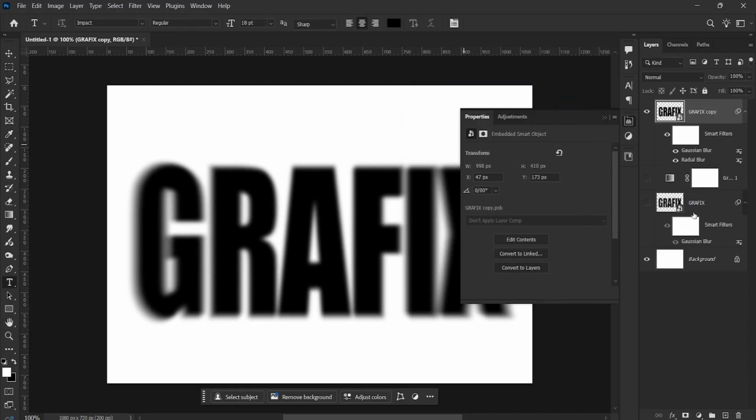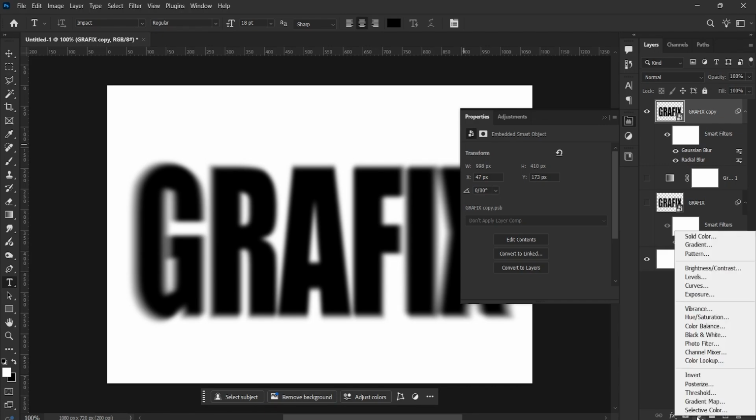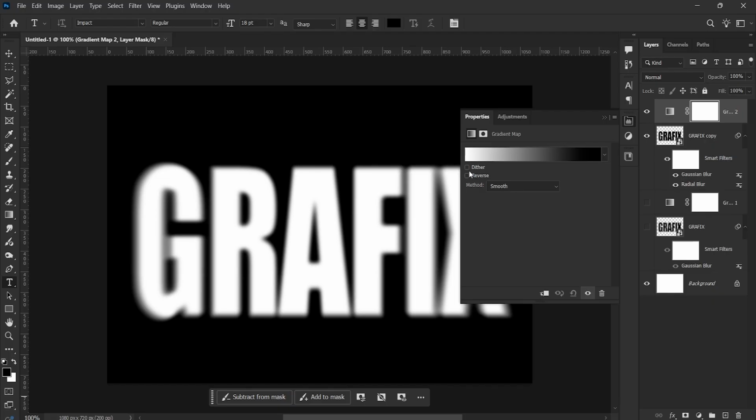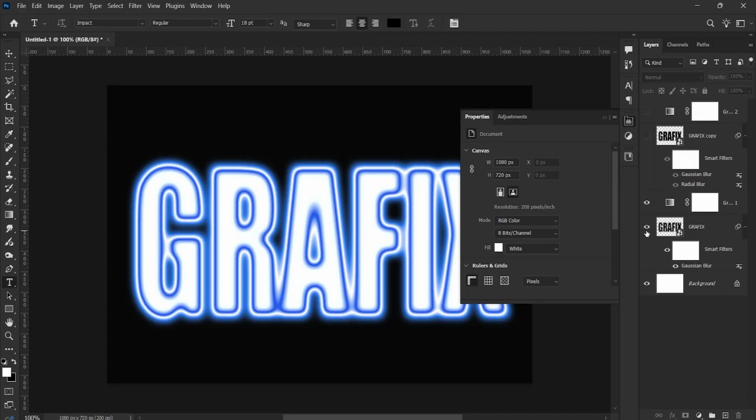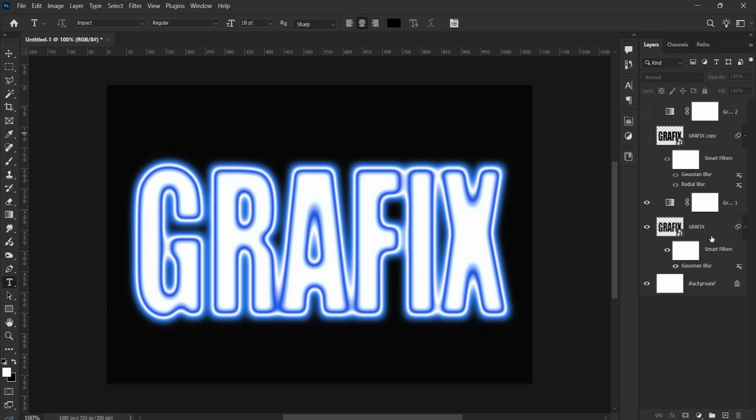And after that we're going to add another gradient map, but in this form. Yeah, this black, just white at the left and black at the right. So that's gonna be our typography. But we just need to disable this one, enable this too, and actually I'm gonna add a clipping mask, actually attach a clipping mask to my first layer, and press Ctrl